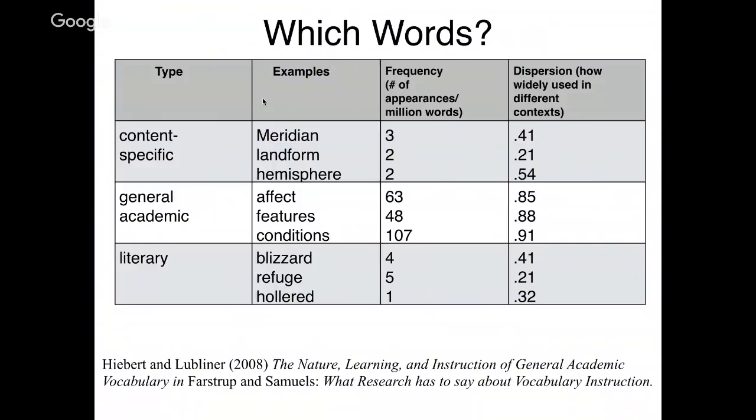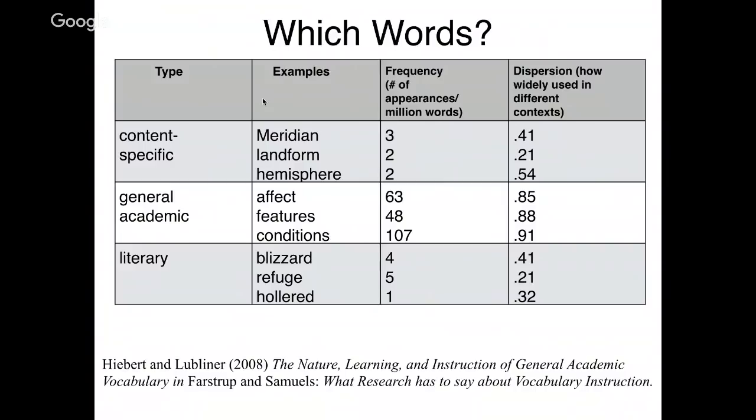And with the internet, it's pretty easy to figure out how many words there are, and then how many times do I see meridian? Well, only 3 in a million words. And then dispersion, that last column, means really how many different contexts that word is used in. So the higher the dispersion rate, the more frequently that word is used in a variety of contexts,